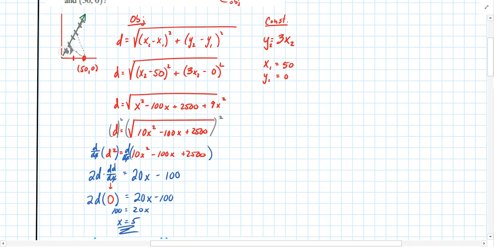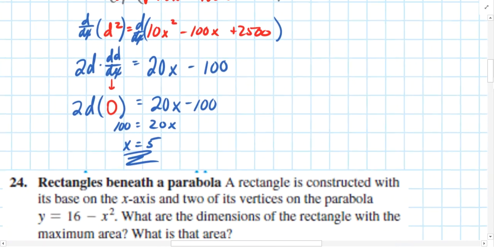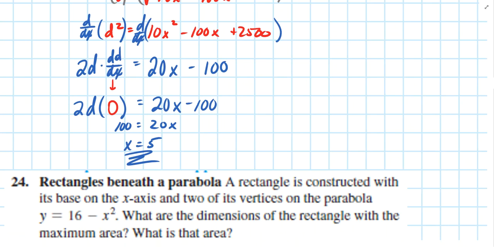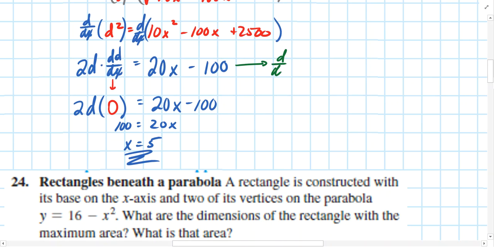We think that the position when x is 5 is going to produce the minimum point or minimum distance between that point on the line and the point 50, 0. Well, here again, to verify that, we'll use a second derivative. And I'll apply that second derivative at this point. So I want the derivative with respect to x of, and what it was before, I'll just use blue ink to be consistent here. It was 2d dd dx,